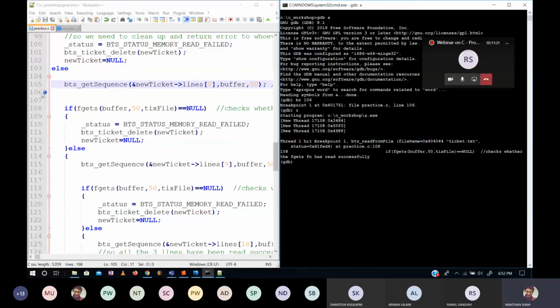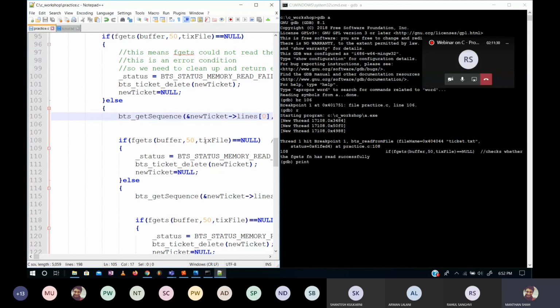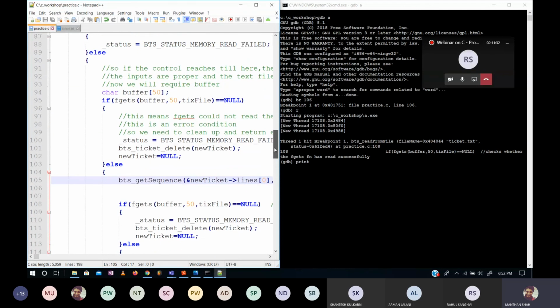And उसने ये 105 का code execute कर दिया. Then there is a command called print that allows me to print any local variable जो function के अंदर शायद रहा होगा. So in this case, I have access to lines जो मैंने parameter provide किया था. Lines था कि lines? Sorry, it's new ticket, I guess.